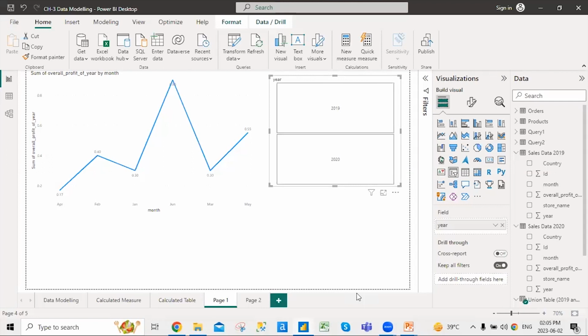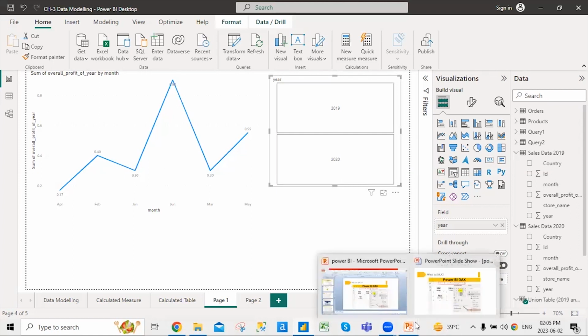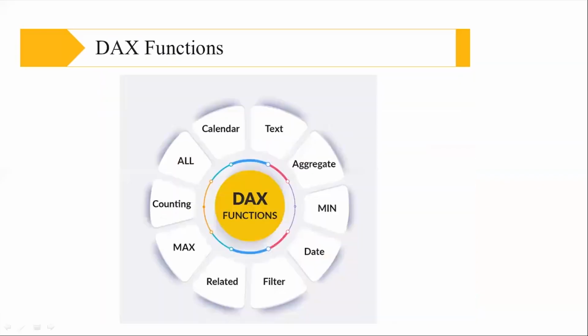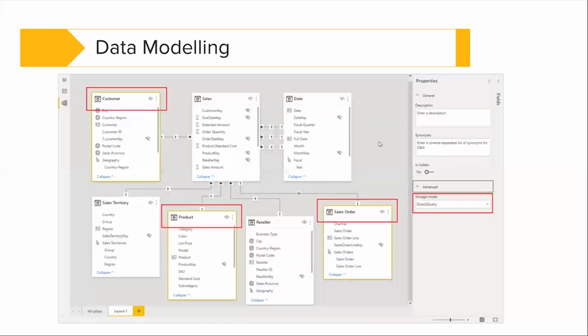Whenever you work with it, it works in a very good way. It will help you in making it more useful and more workable. Okay. So that was about the DAX functions and what the different types of DAX functions are that you have in your